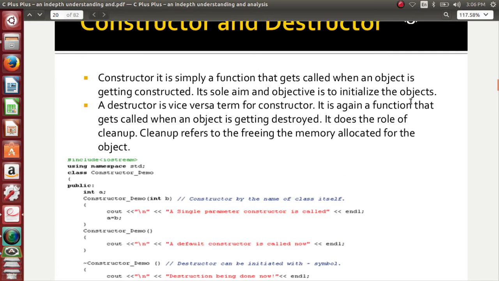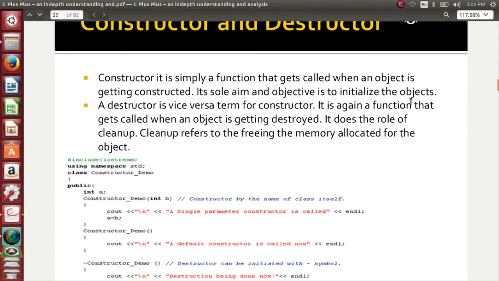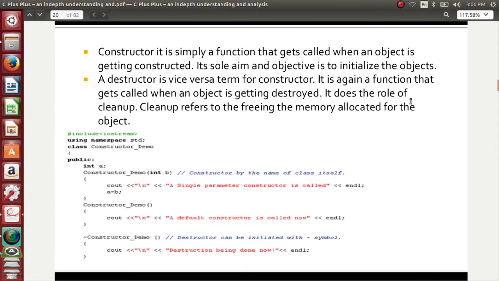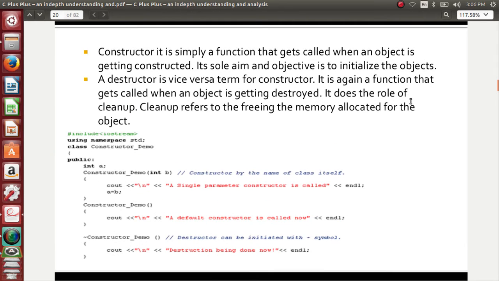The next topic for us is to understand what is a constructor and what is a destructor. The name itself is very clear here. Constructor is something which is going to behave in a constructive way, whereas destructor is going to do some destructive action. It's very revealing out of the term itself. So now we are going to understand the basic necessity of why we need a constructor before we get into the coding.